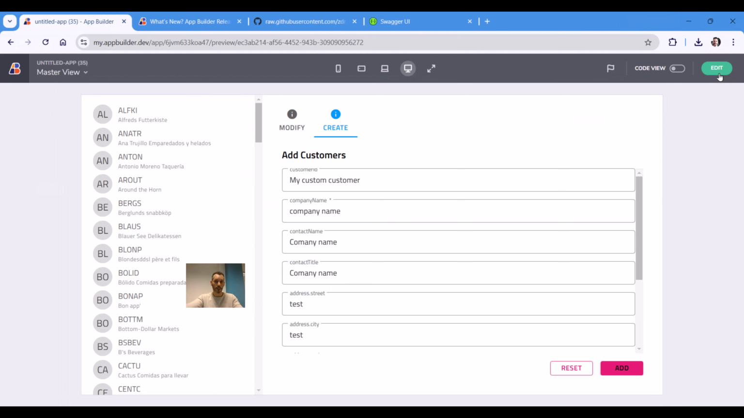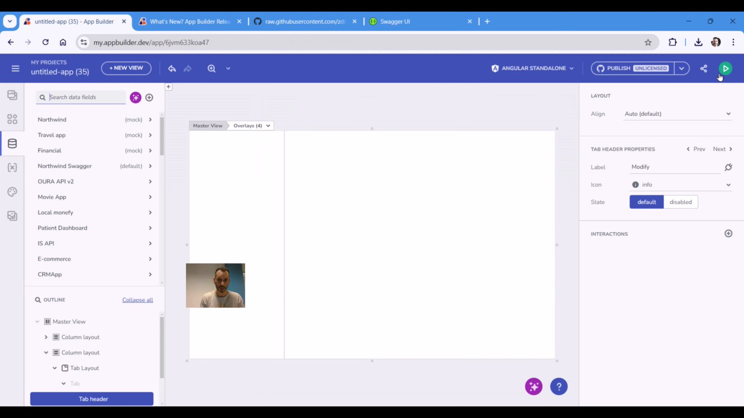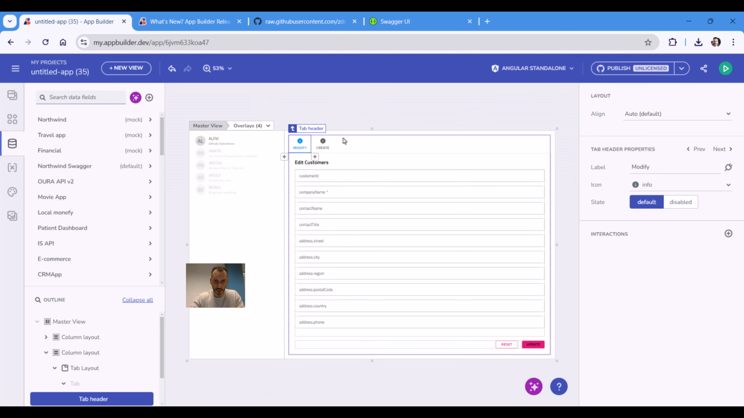Great. What we have seen now, we saw how to automatically create a form. We showed the CRUD capabilities. We showed how to create a record with a create form. And the next part of the demo would be to talk more about the actual form